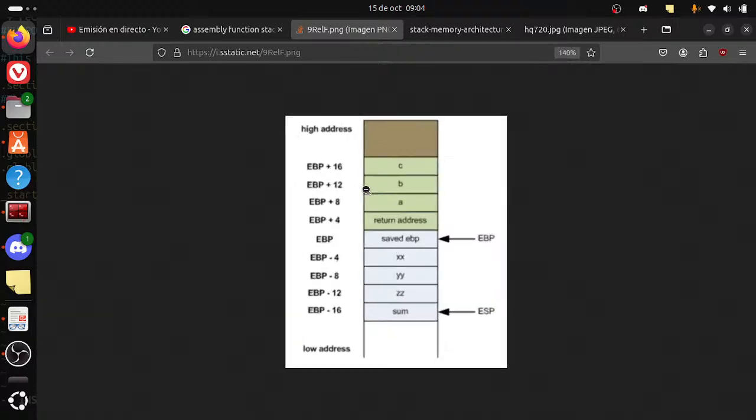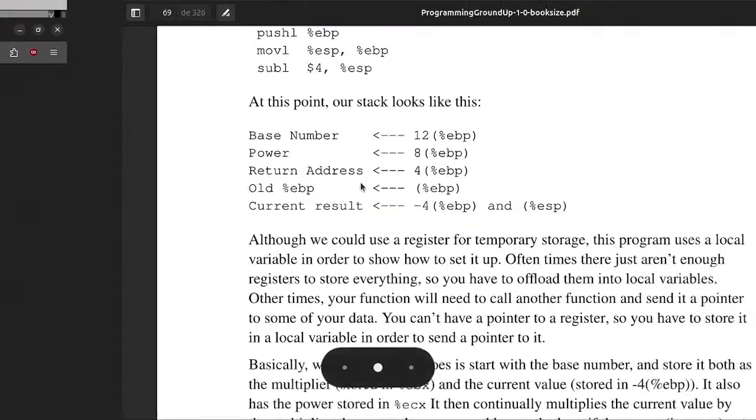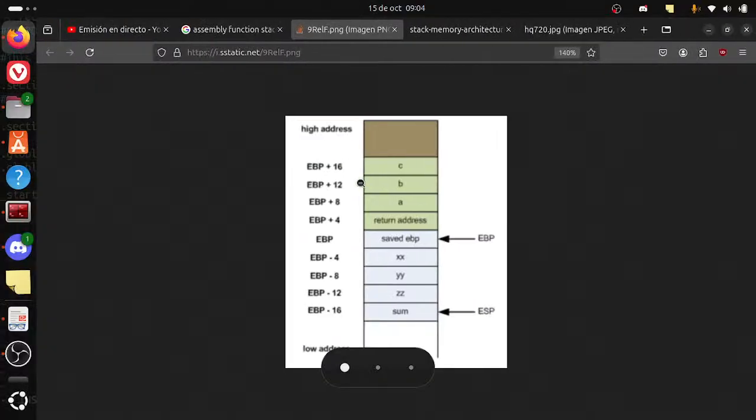So basically, these ones are the parameters, if I recall correctly. Yes, those are the parameters. My saved ABP, or basically previous pointer, and my ACP is basically at the end of the stack. So everything that goes ABP plus 8 and upwards is basically my local variables. Everything that goes ABP minus 4 and forward,